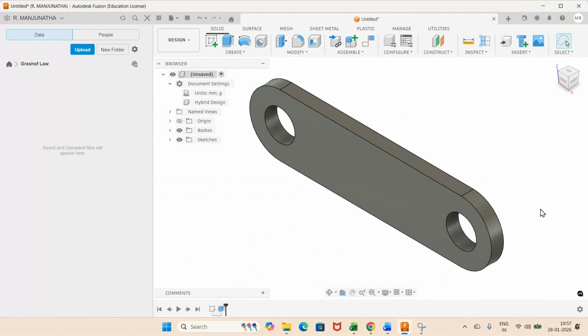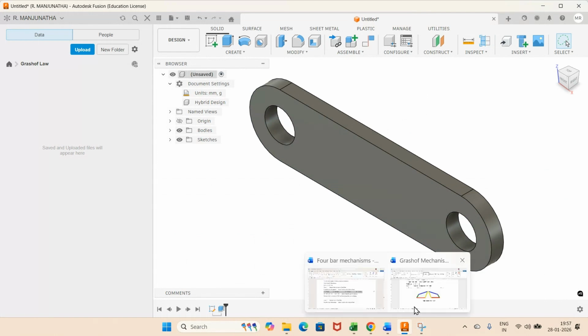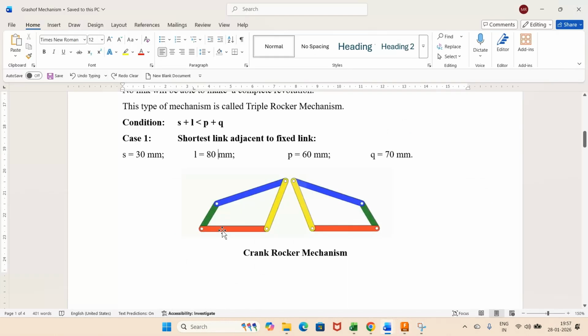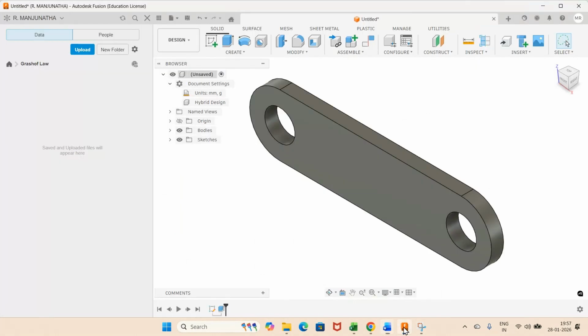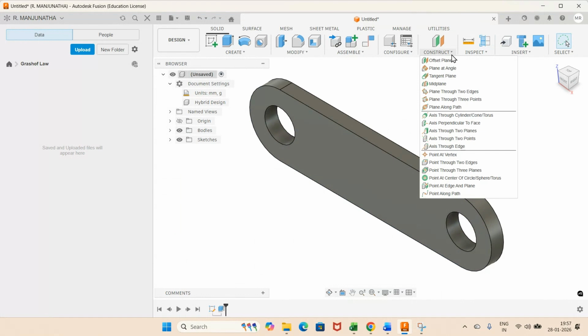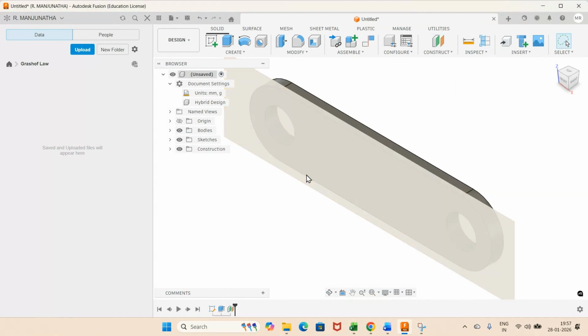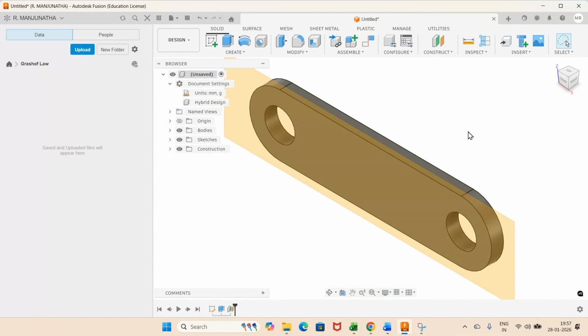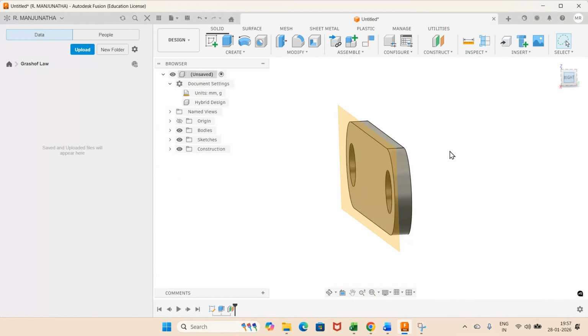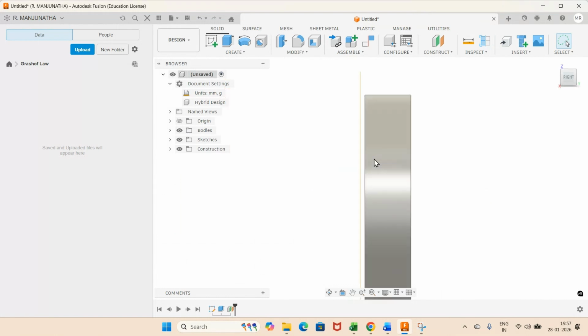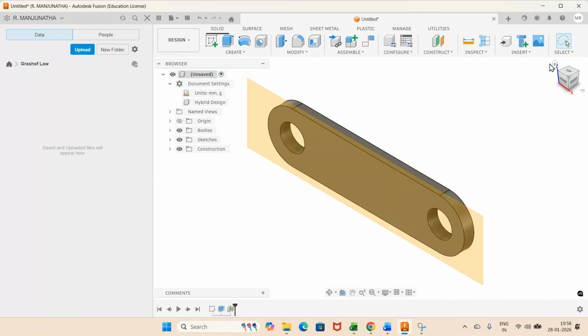Once you do that, now I want to create that, yes, that is the smallest link of this. So I want to emboss that. I will go for construct, click on offset plane, and select this plane. I will take this dimension as 0.2 and enter. So I have offset the plane. You can see here, the plane is offset by 0.2 mm from this face. Now I'll go to 3D. Again, go to